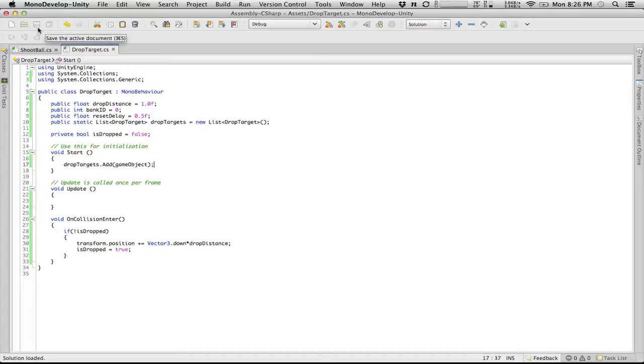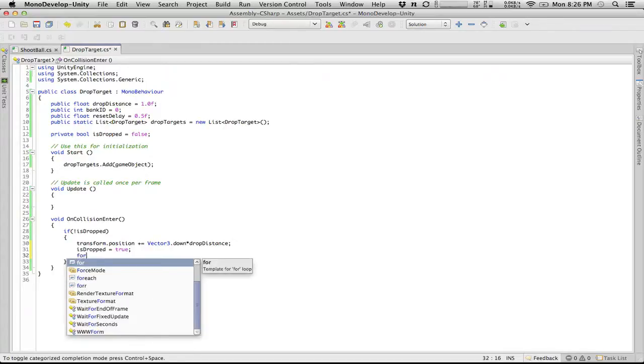In our case, once all of the drop targets have been instantiated, that's all the ones we're going to have. So we add the game object to that list, and now if not isDropped, we drop it down, we say it's dropped, and then we check to see,